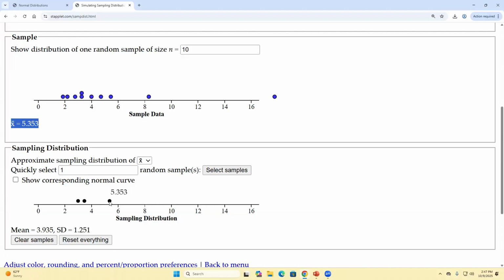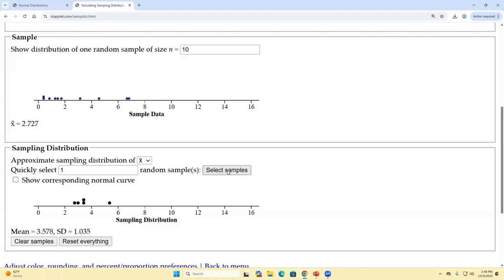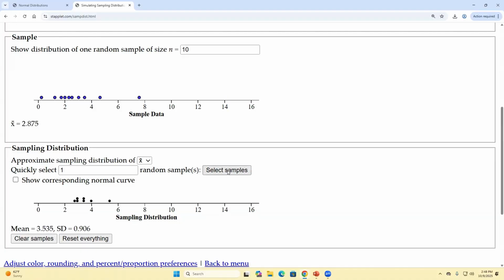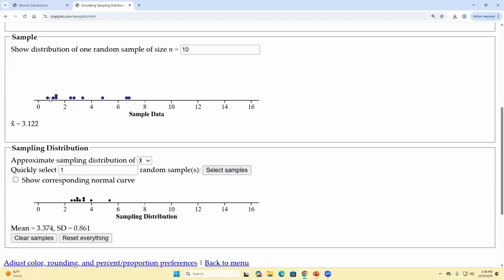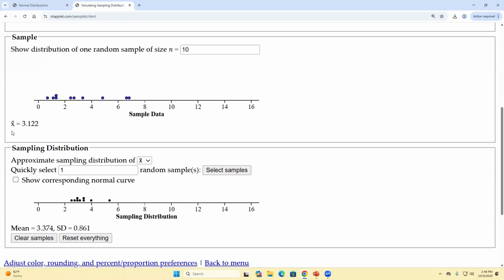Okay. So what we can do now is let's do this manually a few more times just so we can kind of see this getting built up. But we can select another sample, and we get a new sample here. And that new sample and its new sample mean, that mean gets added to the sampling distribution. So there it is right there. And then we can select a new sample, and we can select a new sample, and over and over again, we have our sample being chosen from the population,